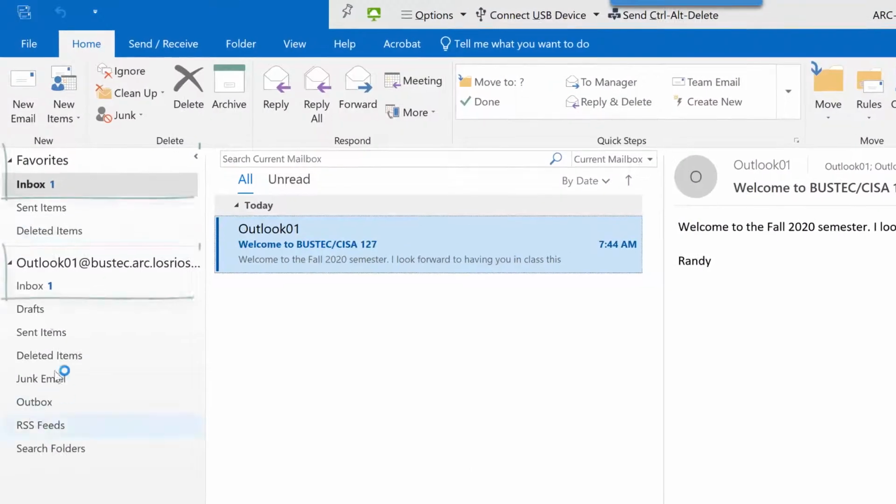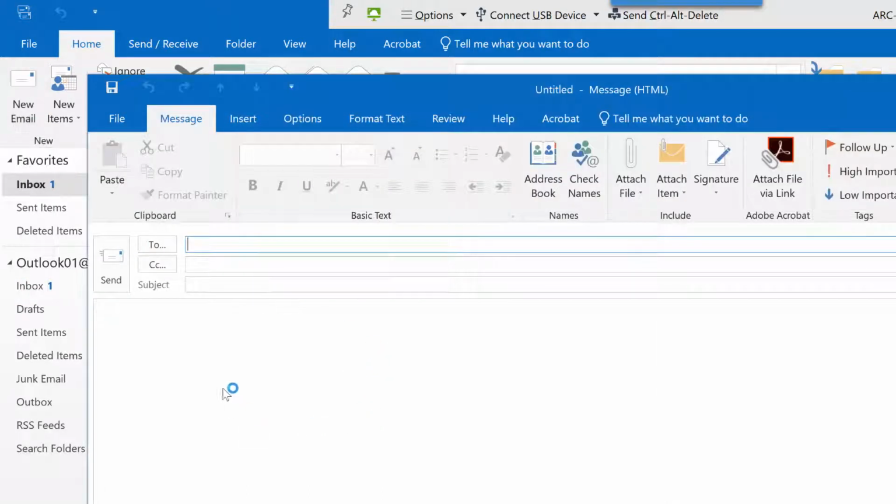This is called the navigation area over here. This is your inbox where all your email comes to. These are favorites up here. You can also click on inbox there. Use your ribbon at the top, the ribbon is broken into different tabs, and each tab has numerous groups on it. When you send a new email message, if you click on email here or new email and